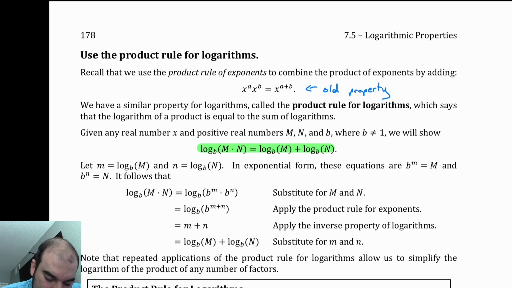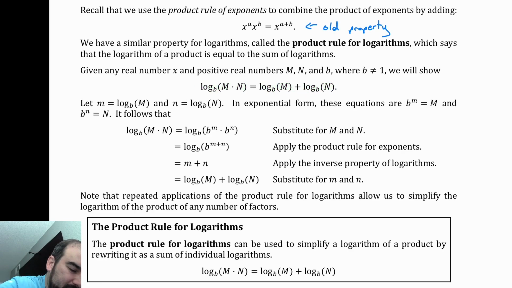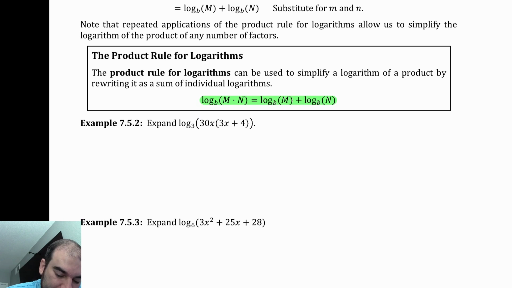Right, so that's a property that I guess it's down here again. I don't really want to highlight that one. In the box here, we have the same thing. That's the property we want to be able to use, right? If things are multiplied inside of a log, we can expand it, and notice that this log is appearing on both things that we expanded and that we're adding together, right? So the single log turns into a sum of logs, and it splits where the multiplication is, and it turns into addition. So if I were to expand